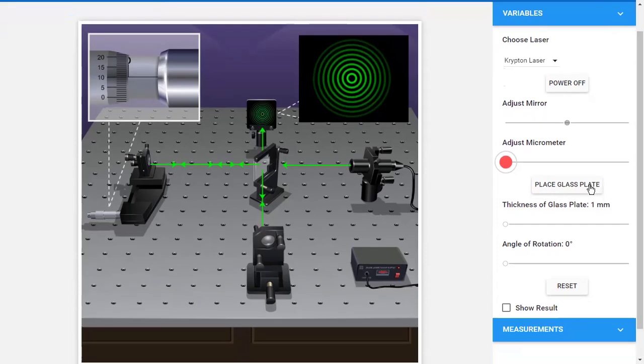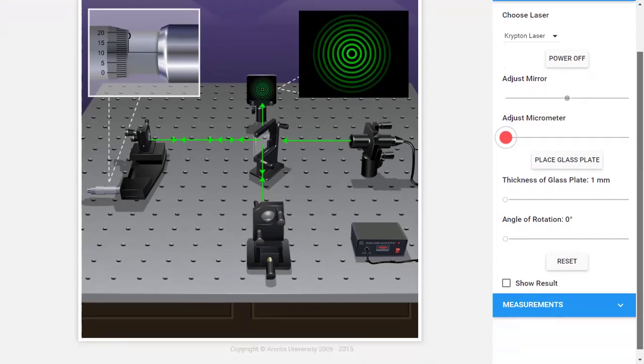And here the glass plate is there. I am not placing any glass plate in this part because that is used for the second part of the experiment. The first part of the experiment is only to determine the wavelength of the given laser beam. That's why I am not making use of this. So the experiment is now over. You can go down,